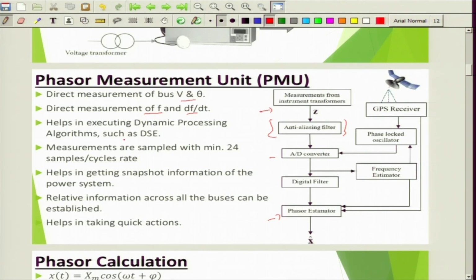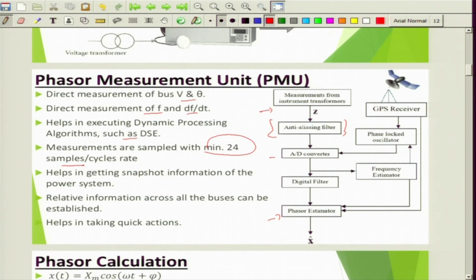In real time we need to have the measurements of the states, which are voltage and phase angles, and frequency. The rate of change of frequency will also help us to determine the inertia present in the system, and helps in executing dynamic processing algorithms such as dynamic state estimation. Measurements are sampled with a minimum of 24 samples per cycle